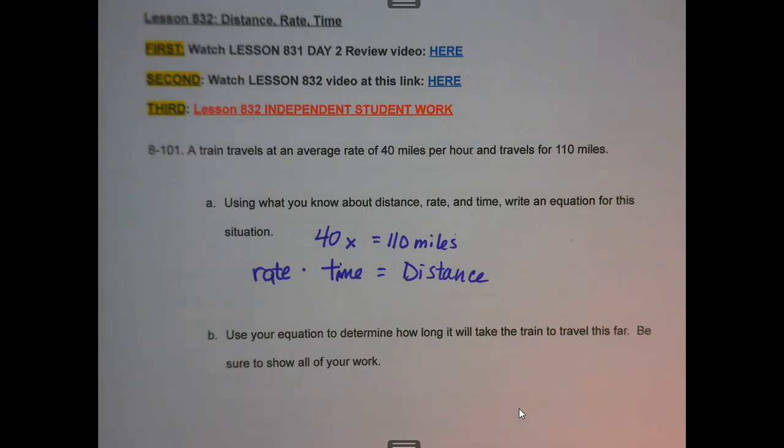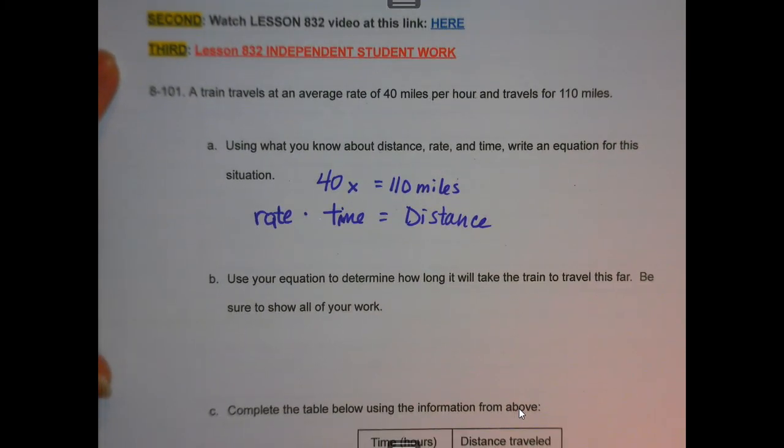All right, here we are looking at lesson 832, distance, rate, and time. And at this point, we are going to review your independent student work that was assigned yesterday or last time. We have a problem that starts by saying a train travels at an average rate of 40 miles per hour